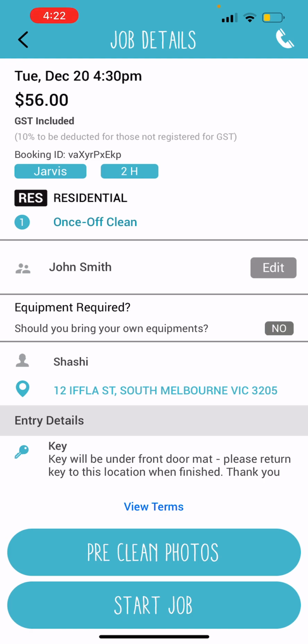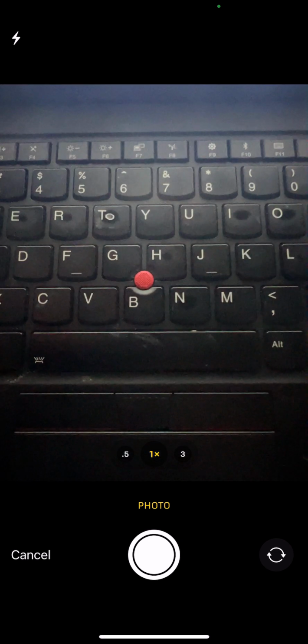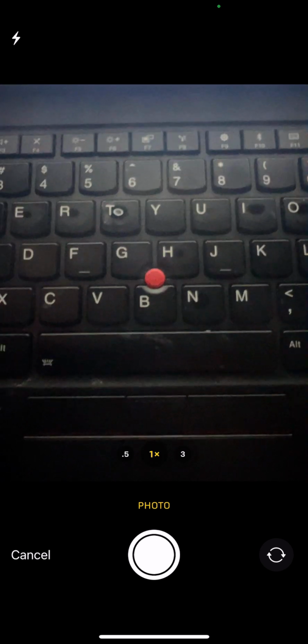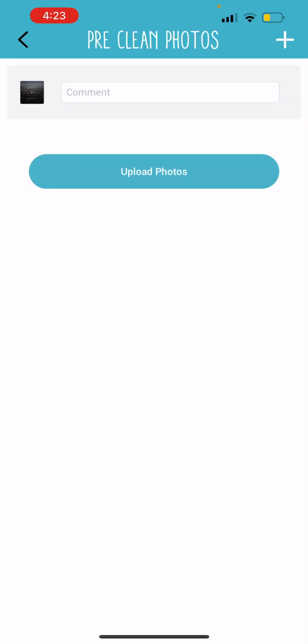Let's view how to take a pre-clean photo. The first thing we'll need to do is click on the camera icon on the left side of the screen to launch your camera. Let's pretend that this is a stain on the bench top. We'll need to take the photo, use photo. Now to repeat this process, you can click on the plus symbol on the right side of the